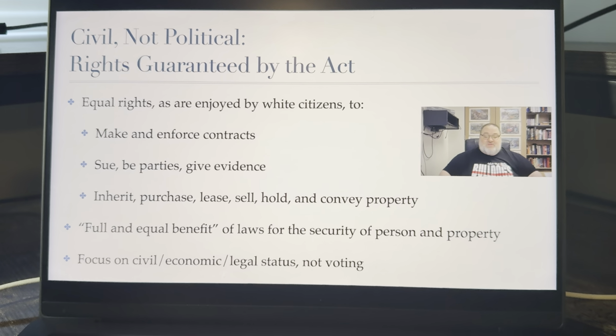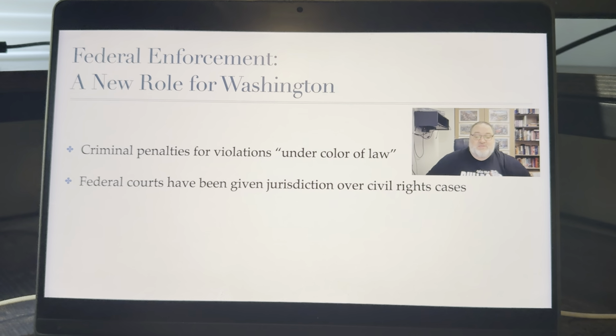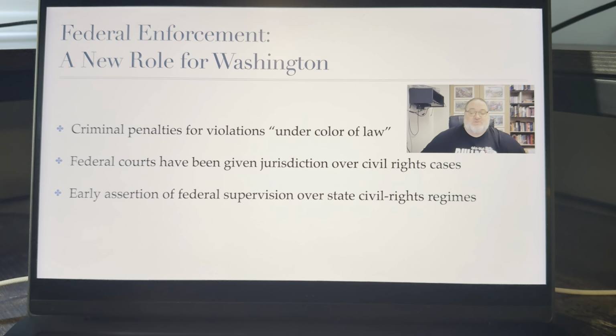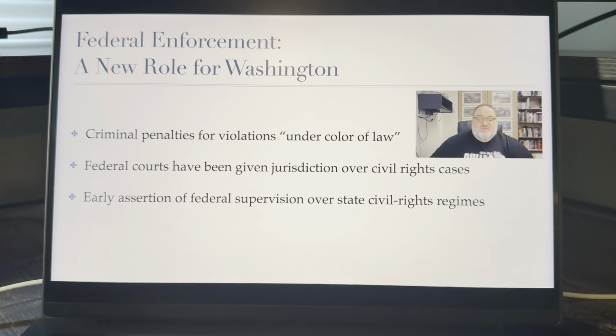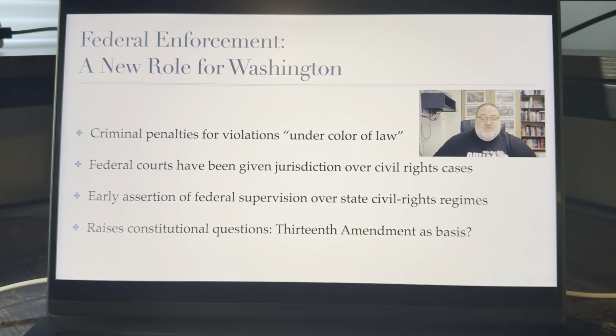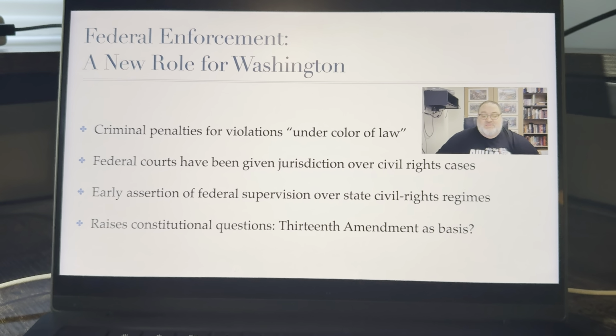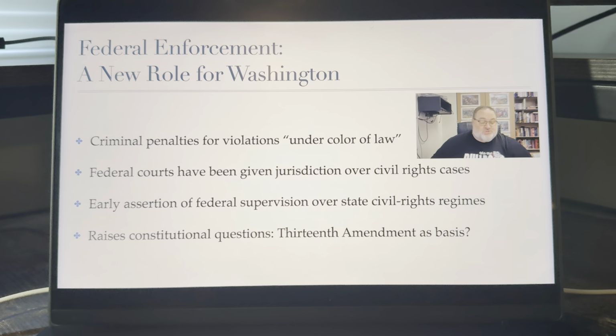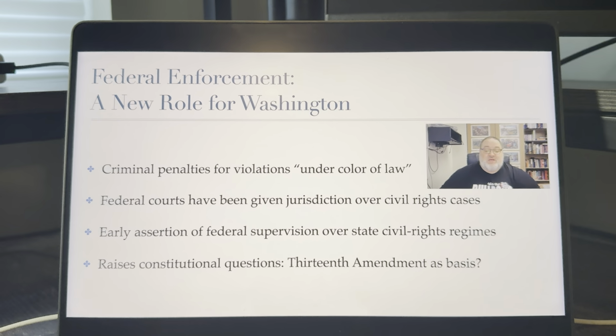free citizenship. The act does not simply announce rights and hope for the best. It builds an enforcement apparatus that is just as important as the rights language. It makes it a federal crime for any person acting under cover of any law to deprive someone of these rights. That phrase, under cover of law, is the ancestor of modern civil rights doctrine that goes after state actors who abuse their authority. It also gives federal courts jurisdiction to hear cases involving